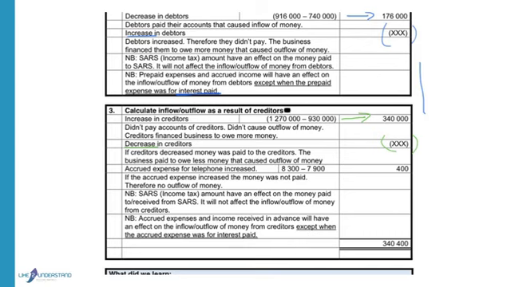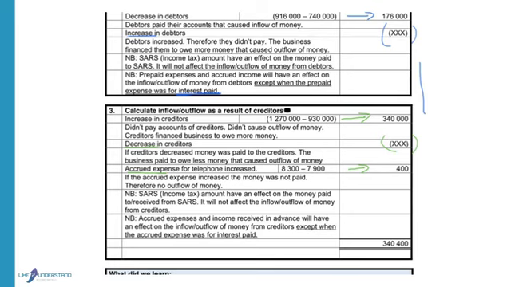If accrued expenses increase, it means that the money was not paid out to pay for the expenses, so it is a positive figure. If accrued expenses decrease, then it means more money was paid, then it will be in brackets. SARS income tax will not be taken into account with the creditors because it's shown separately on the face of the cash flow statement,